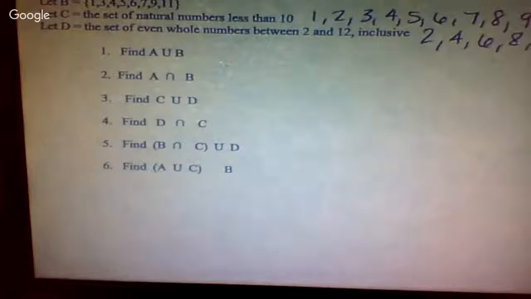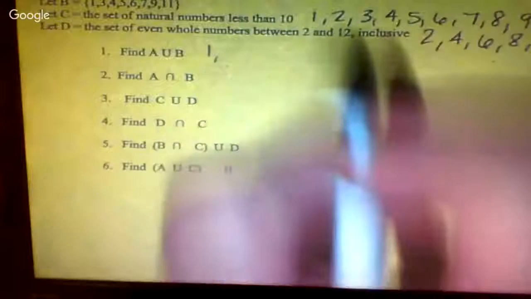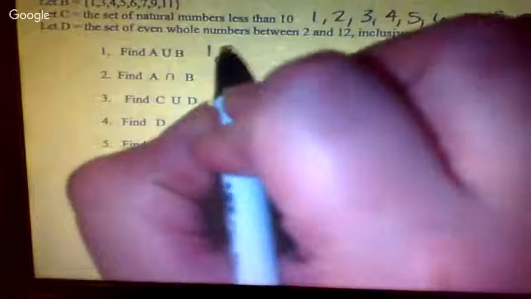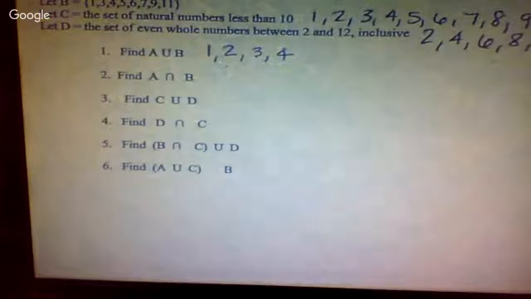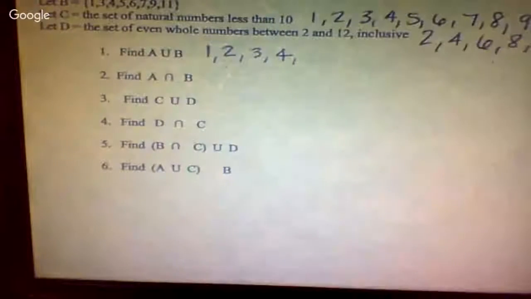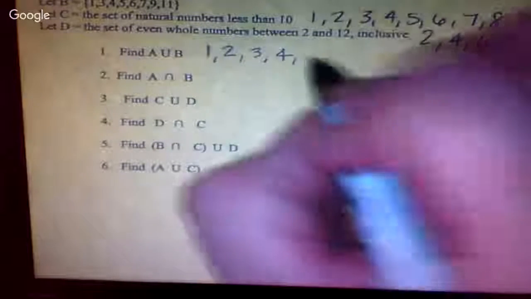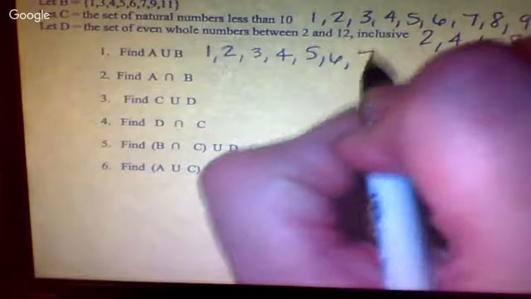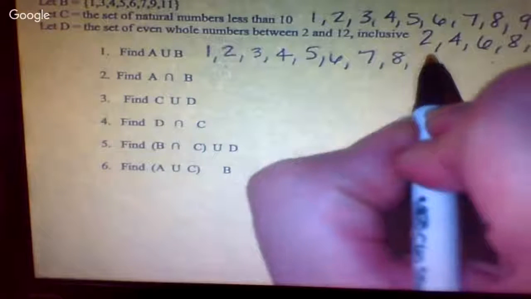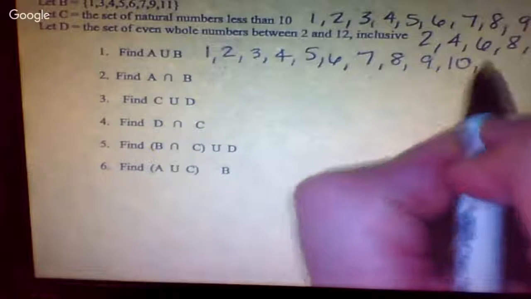Okay. Number 1 says find A union B. This is all of the numbers that are in set B as well as in set A. So what's my smallest number that belongs here? 1. Is 2 included? Yes. And 3. And 4. Now look, they share 4 in common. We don't have to write it twice though. Do we also include 5? Yes. Okay. 6, 7, 8, 9, 10, 11,